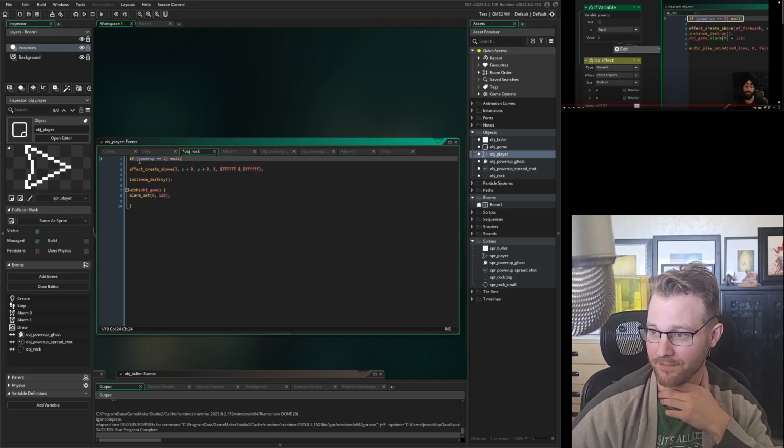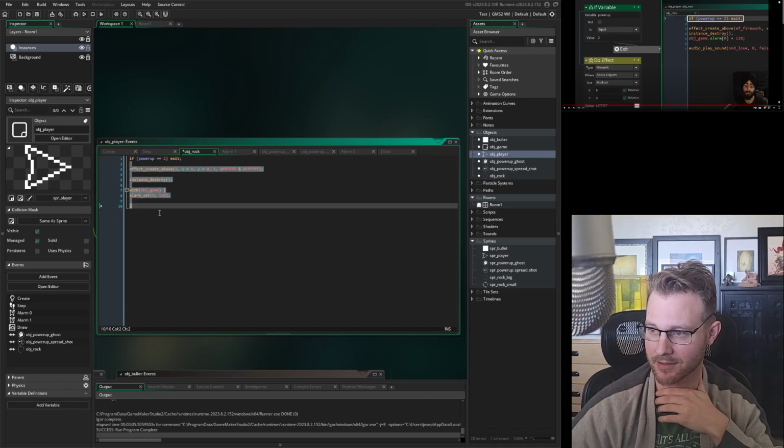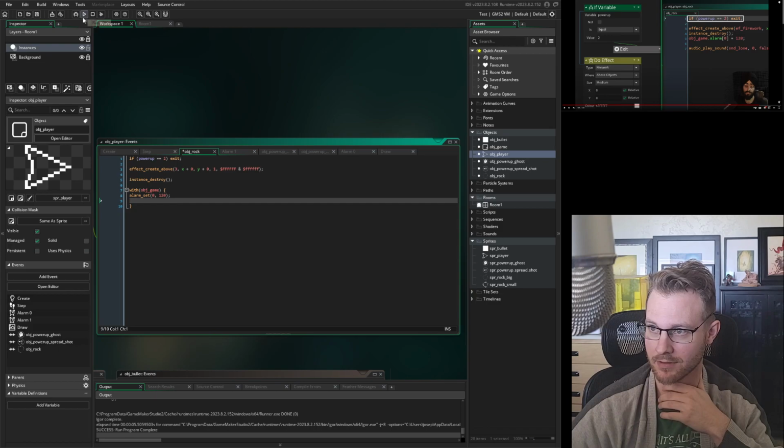Okay, so if it's power up number 2, when it detects a collision with a rock, it will check that, and if it's true, then it will just quit out at this line. None of this will get used. So,